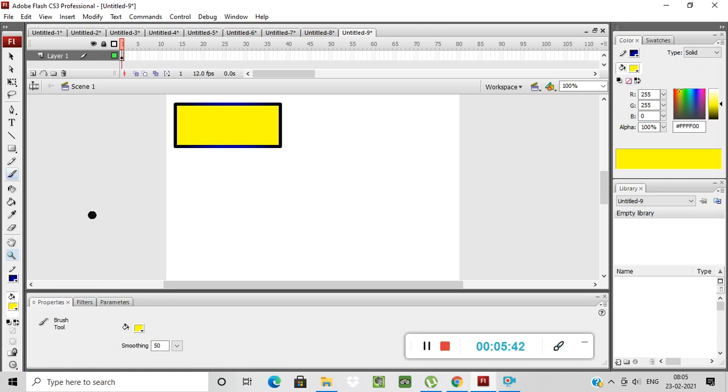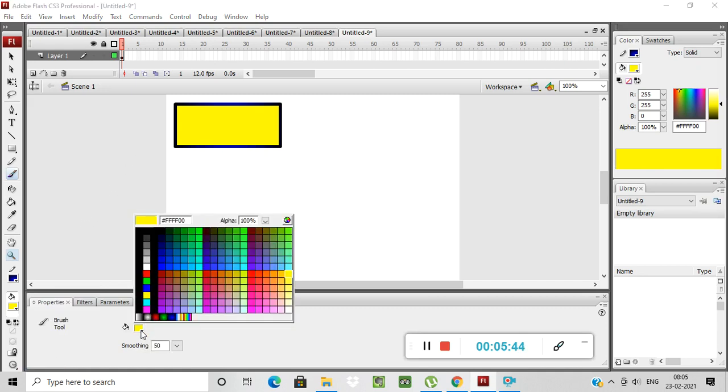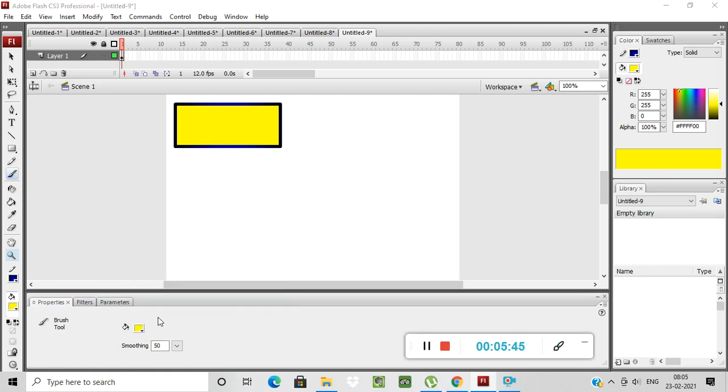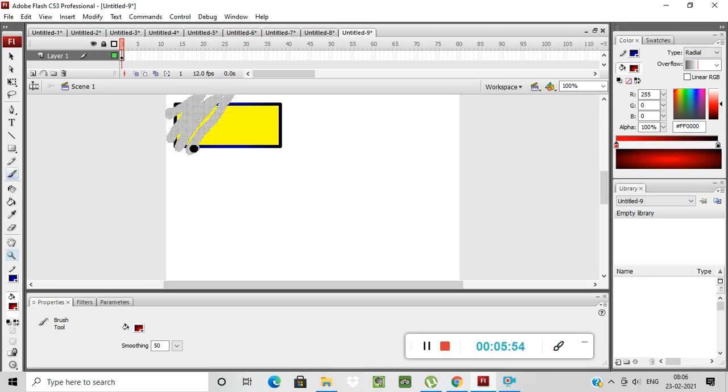See what is happening. I'm changing the color so that you can see the difference over here. Suppose I'm coloring with this brush tool. What is happening? It shows me paint behind.